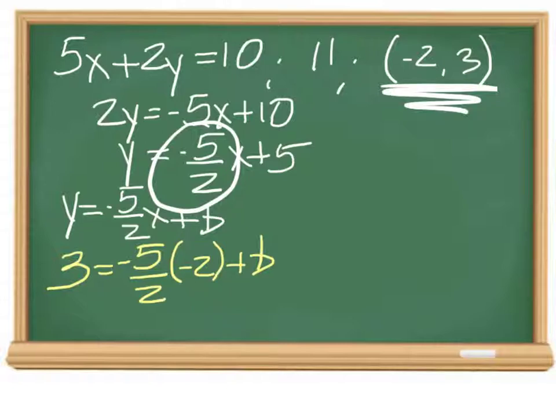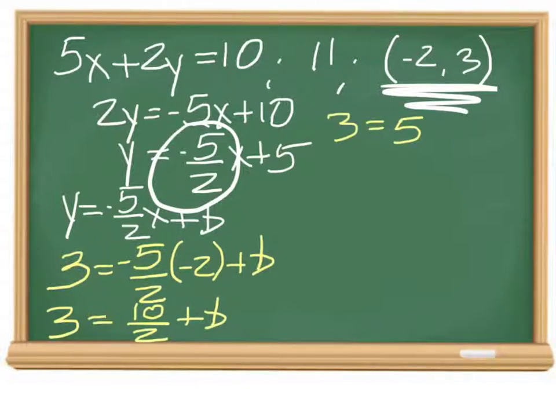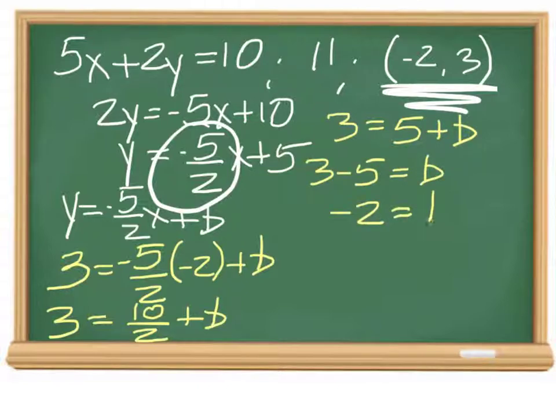Solve for b. So that's a positive 10 over 2, which is going to simplify to 5. Move it to the left, make it minus, and that's a negative 2. Plug that in here to get y equals a negative 5/2